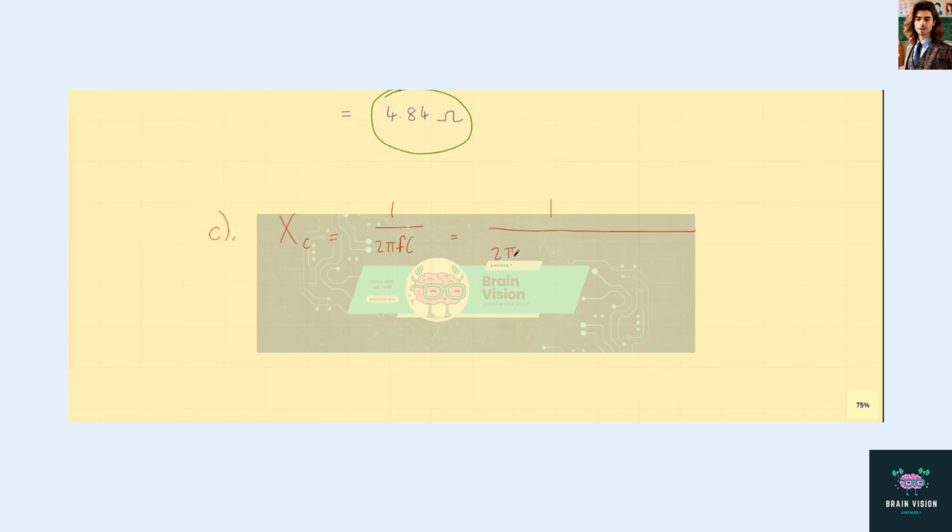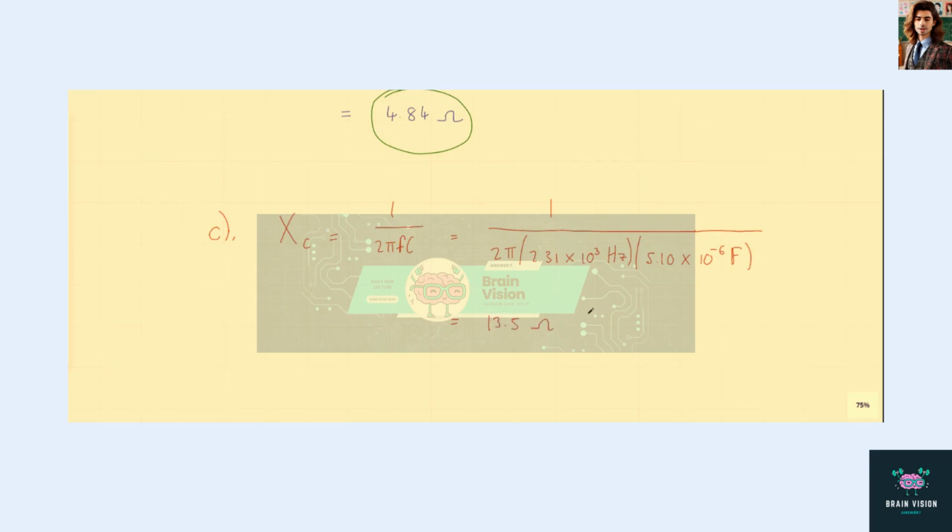That's 1 over 2 pi times the frequency of 2.31 times 10 to the power 3 hertz, multiplied by the capacitance of 5.1 times 10 to the minus 6 farads. Calculating, we get XC, the capacitive reactance, to be